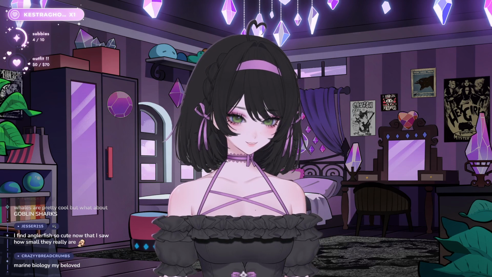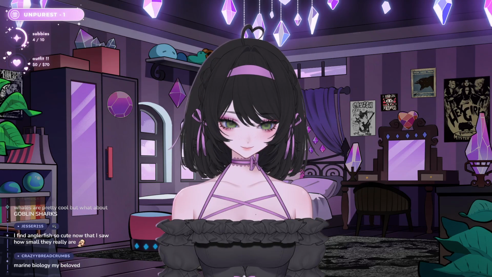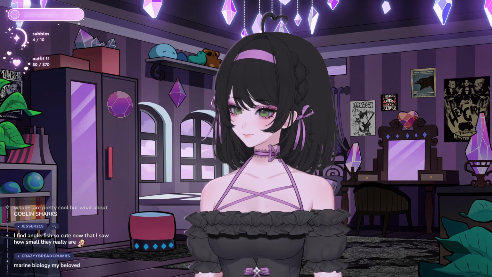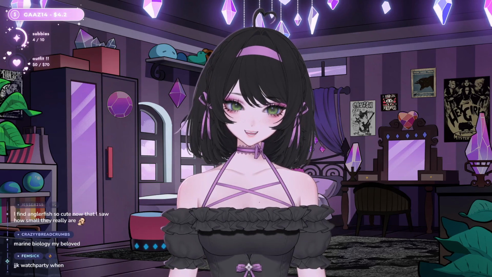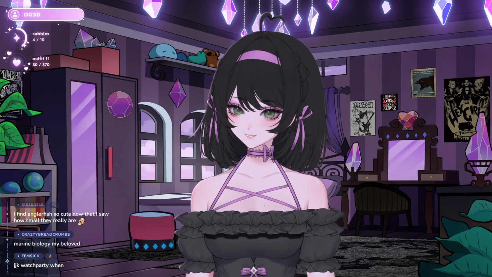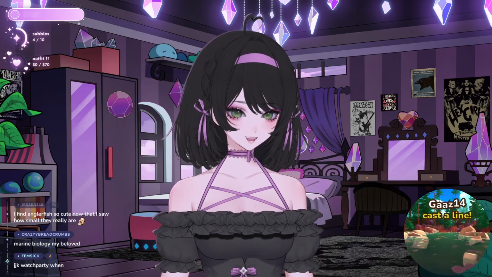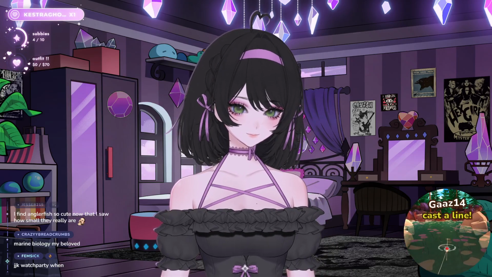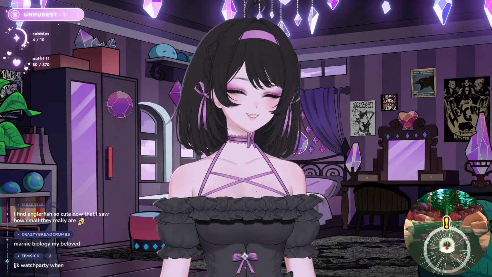Goblin sharks? Yes, I love these guys. They're so silly. Oh my god, anglerfish are so cute.